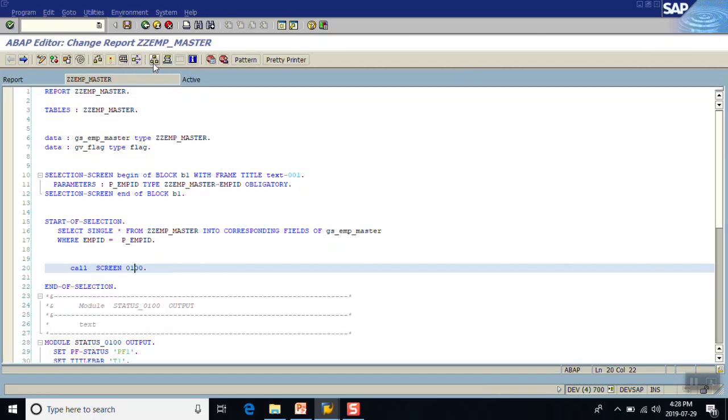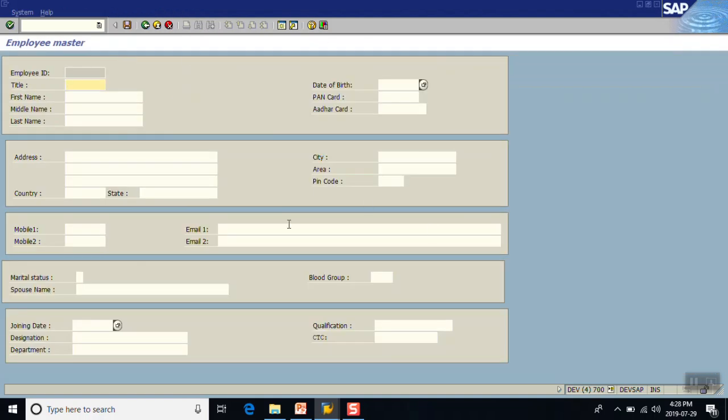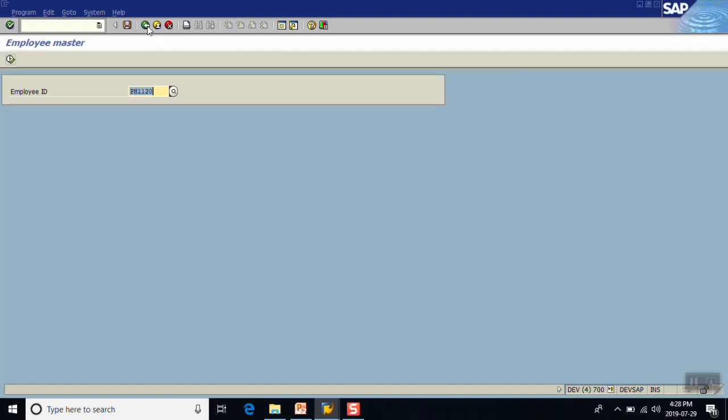Now we'll write down the logic to save the record. Our screen is ready, but the data needs to be stored in the table which we have designed. In this first screen, we are not adding any radio buttons or checkboxes. We'll just store the data as it is entered on the screen. As our primary key is employee ID,